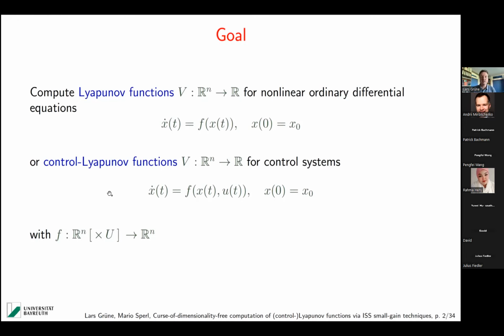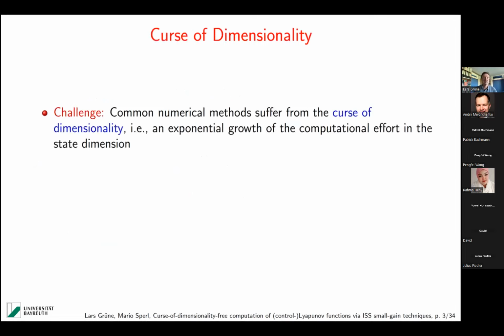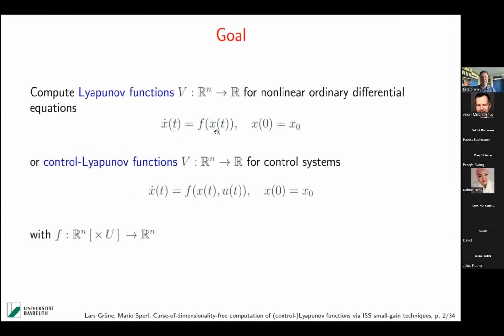And I would like to first explain a little bit what is the outline of the talk. So this curse of dimensionality, what is that? Well, a curse of dimensionality describes a numerical method which has exponential growth of the computational effort, which could be either the computation time or the computation storage that you need, or both, in the state dimension. Right? The state in our case, let me go back one slide, is of course the x, which lives in R^n, and n can be really, really large. So, and then you have a problem.